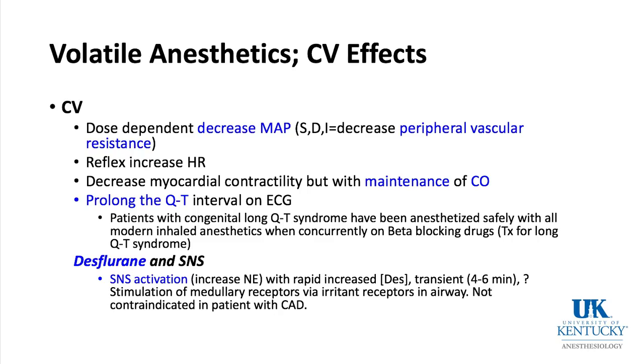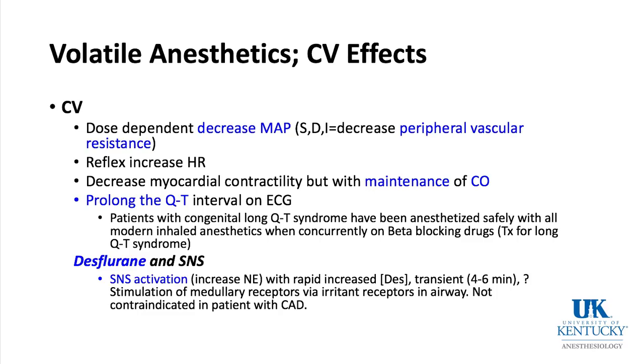You cannot tell the difference between sevoflurane, desflurane, and isoflurane on mean arterial pressure at equal MAC concentrations. Therefore, 1 MAC of sevo, 1 MAC of des, 1 MAC of iso will decrease mean arterial pressure approximately the same. Our volatile anesthetics prolong the QT interval on the electrocardiogram, and there's been worries in the past that if